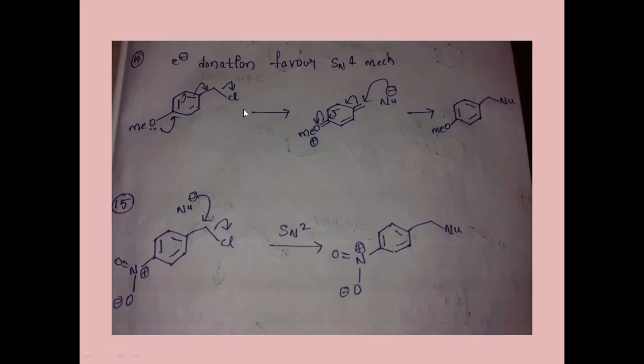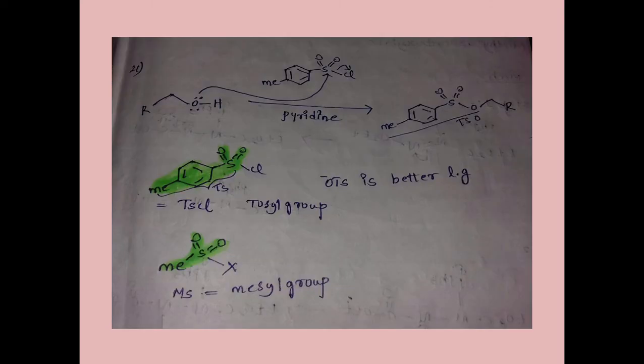As I said to you, when there is an electron withdrawing group, SN1 cannot be performed, so SN2 can be performed, right? And if there is an electron releasing group, SN2 is not performed well, but SN1 can be. With OH, as we have seen, when there is an alcohol, we need to give it NaH base, or we need to make it a better leaving group, because OH is not a good leaving group.